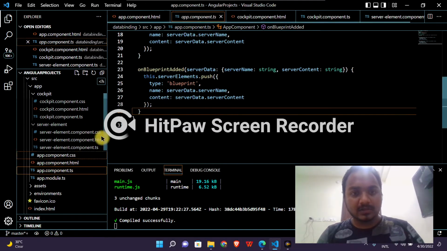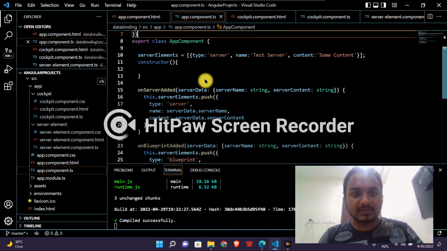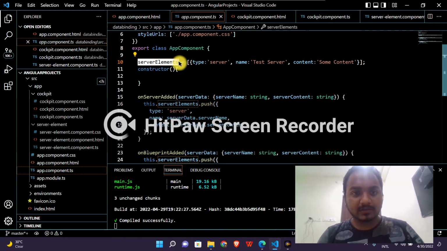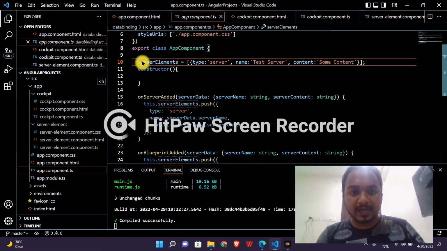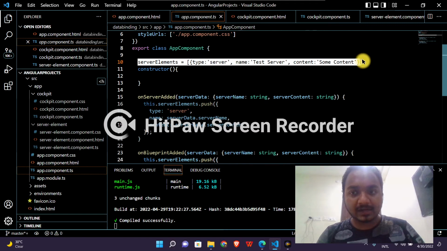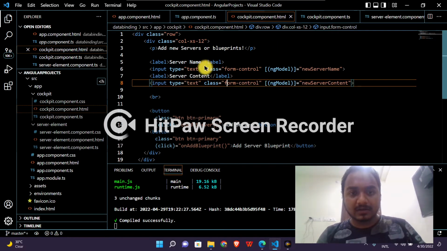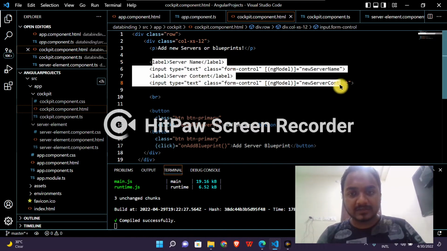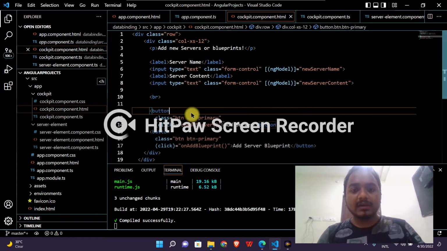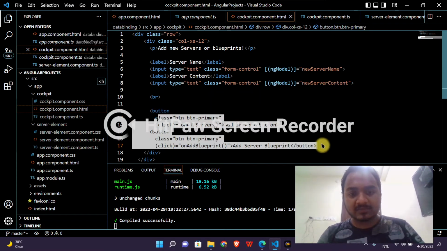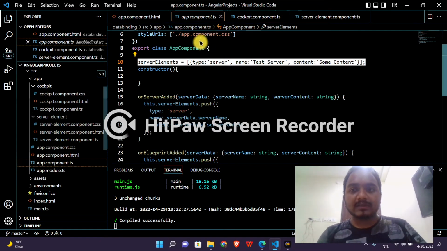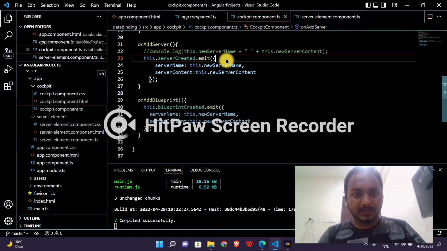Is we have the repository of server elements here. So basically we can have types, but we also need name and content. So basically what's the logic here is we are inputting the server names and content name, and we are calling an add server and add blueprint function when the button is pressed. So what is happening is here